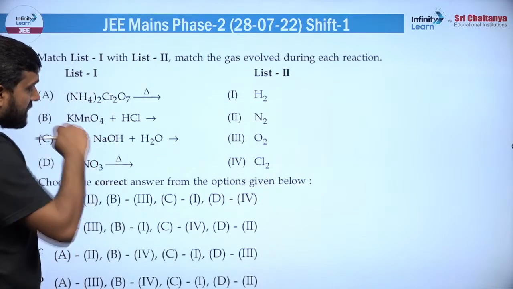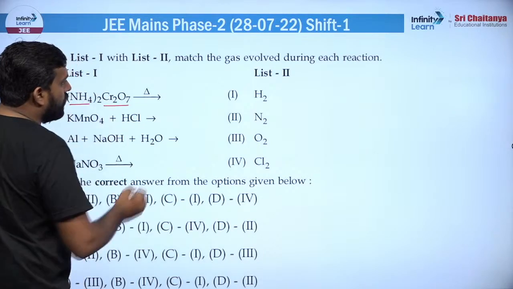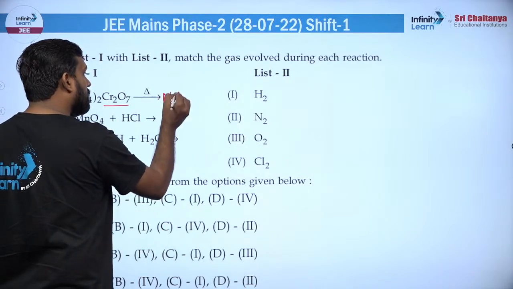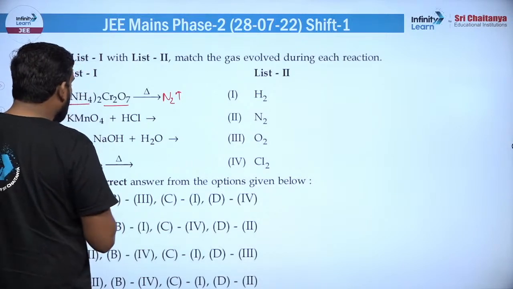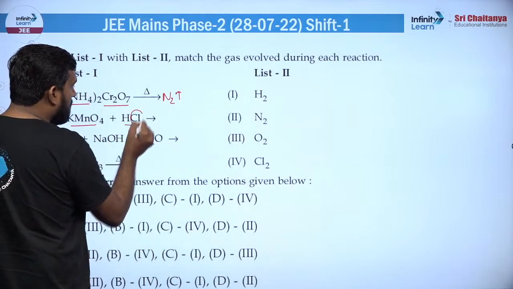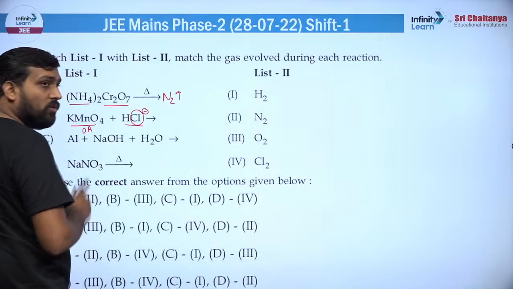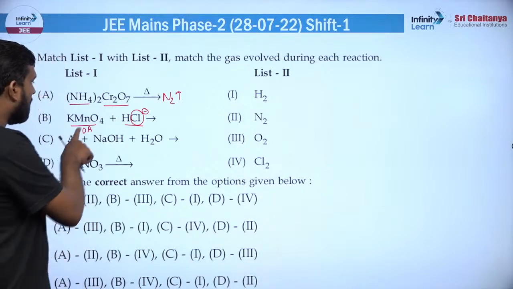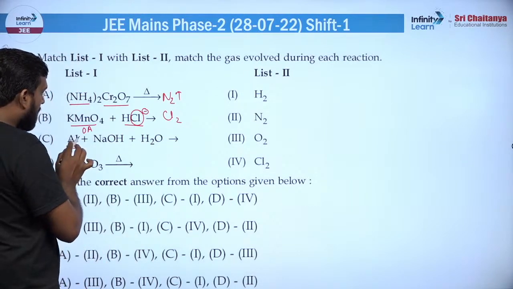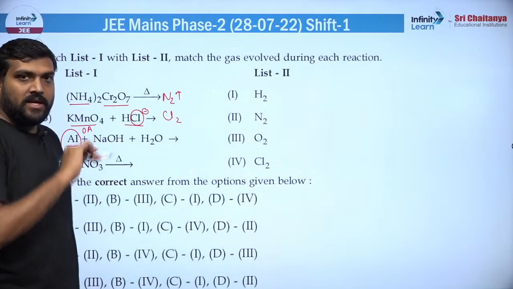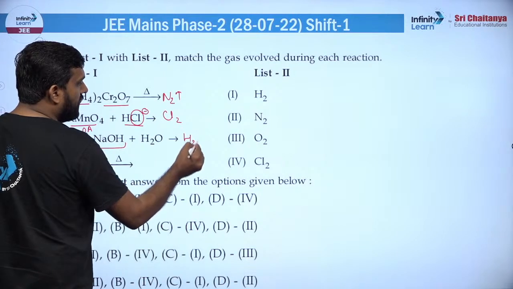इनको करने पर कौन सी गैसेस रिलीज होती हैं, ठीक है। तो ये अमोनियम डाइक्रोमेट है, जब आप इसको हीट करते हो तो यहां पे आपको नाइट्रोजन गैस रिलीज होती है, ठीक है। ध्यान रखना ये नाइट्रोजन गैस बनाने का एक तरीका भी है, प्रोडक्शन करने का एक तरीका भी है। KMnO4 को अगर आप इससे करोगे तो ये Cl- आयन का ऑक्सीडेशन कर देगा, क्योंकि ये स्ट्रॉन्ग ऑक्सीडाइजिंग एजेंट है। तो ये इसको ऑक्सीडाइज करके Cl2 में कन्वर्ट कर देगा। एल्यूमिनियम जो है ये आपको पता होगा कि एम्फोटेरिक मेटल है, बेस से भी रिएक्ट करके H2 देता है और एसिड से भी, ठीक है। तो यहां पर ये बेस से रिएक्ट करेगा और यहां पर रिलीज कर देगा हाइड्रोजन गैस।